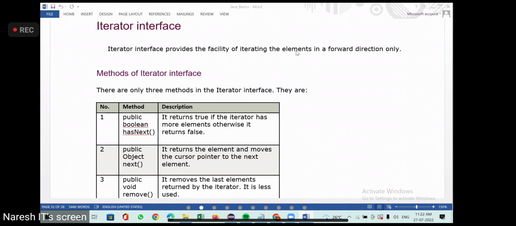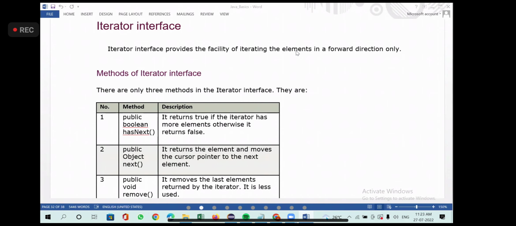Now, how did we do it? We declared one array variable, x equal to new int of 5. How many elements can I store? 5. I used a loop, i equal to 0, i less than 5. x of i means it will get the value stored in x of 0. But here you don't need to say x of i. So next method is doing what? It is returning the value, the element, that is stored in a collection. We will look at the example, but these are the methods which are most commonly used